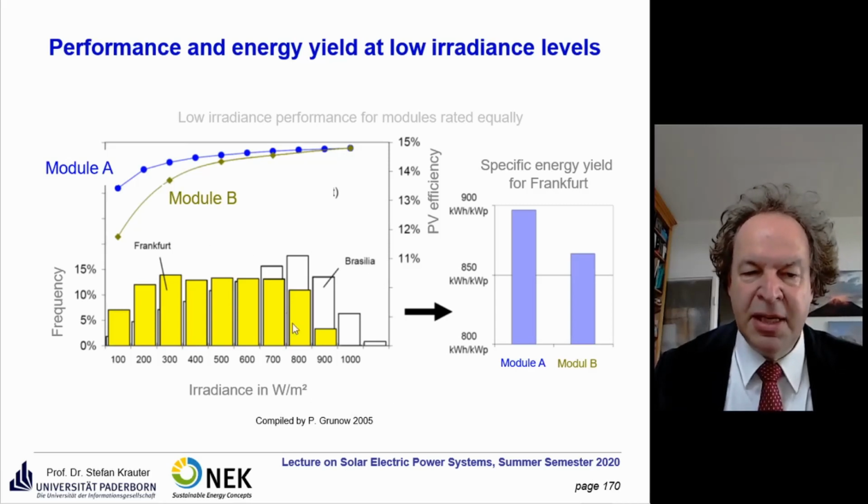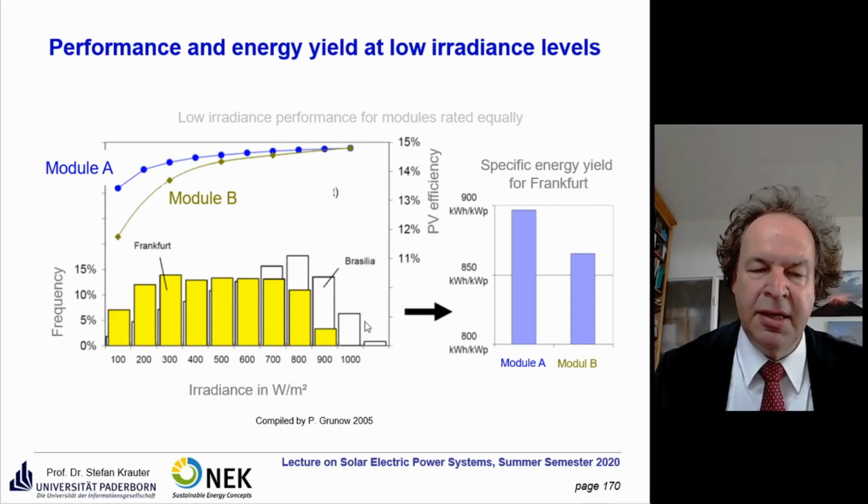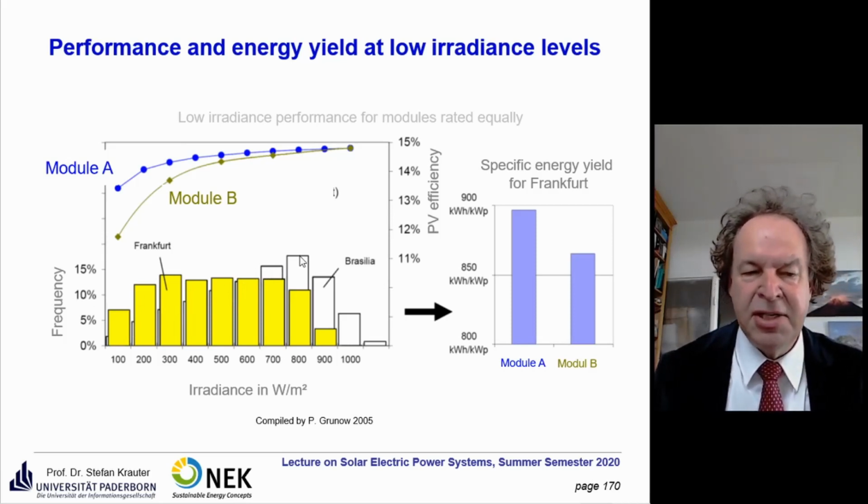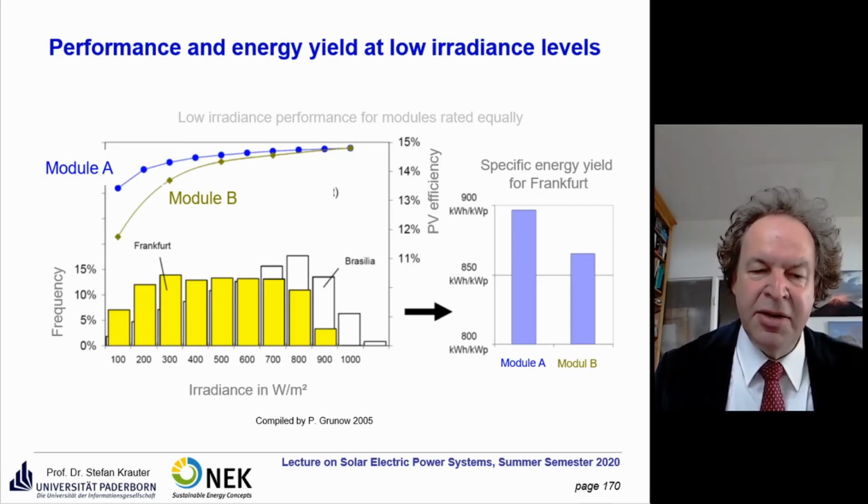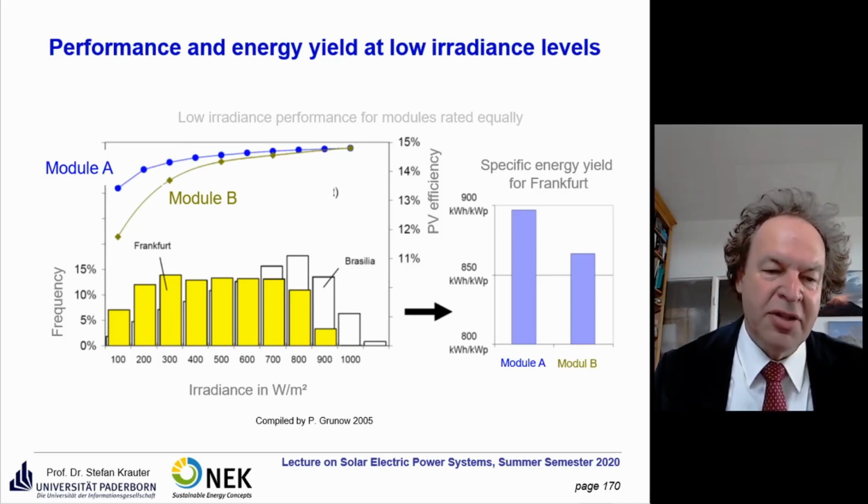So for example, here you have Brasilia, the capital of Brazil, with its irradiance characteristic. Here is the frequency or the probability of such an irradiance range. Most of the irradiance in Brasilia comes in at an irradiance level of about 800 watt per square meter. If you compare that to Frankfurt, there most of the irradiance comes in at about 300 watt